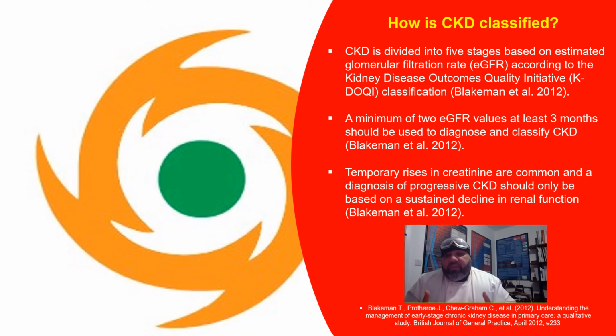timely. So temporary rises in creatinine, for example, are common, and a diagnosis of progressive chronic kidney disease should only really be based on a sustained decline in renal function. So if, for example, a patient in primary care is assessed over several time points, where there's consistency in a renal decline or renal insufficiency, and that's been evidenced, at that point